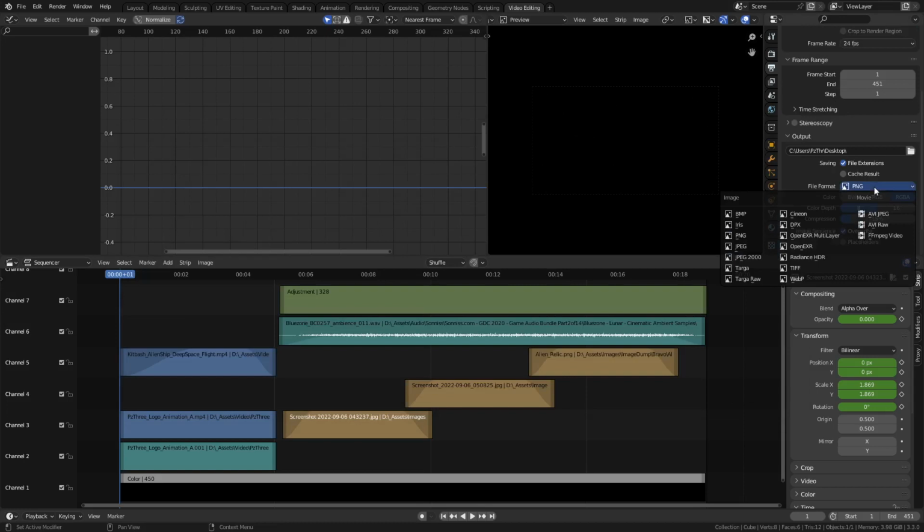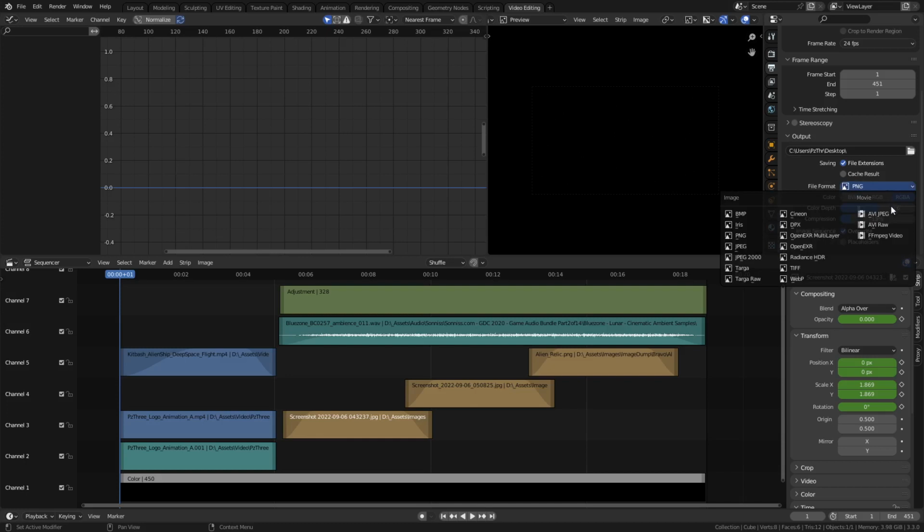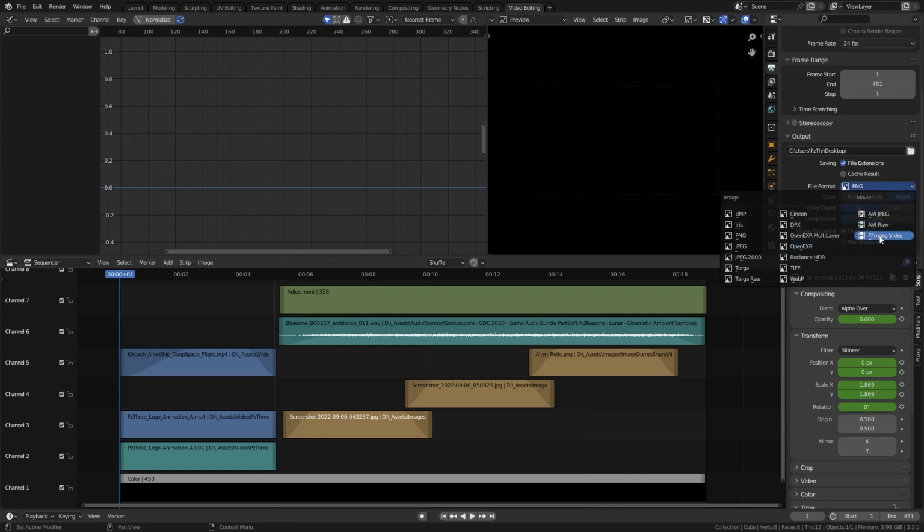I'm going to set this to a different format. Now, there's a lot of different ways you can render, different file formats you can render with. If you want to do images and do image sequences, that's probably the best way to do it. It's also the most robust, meaning if your render crashes, you can go back and start it over again. It's kind of like rendering a regular animation in Blender, but you can certainly use things like FFmpeg